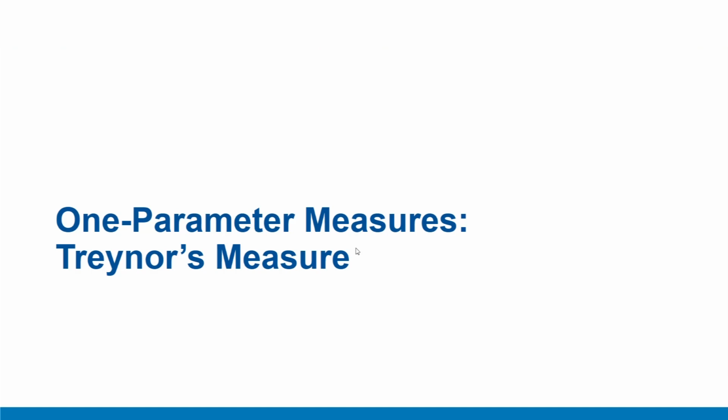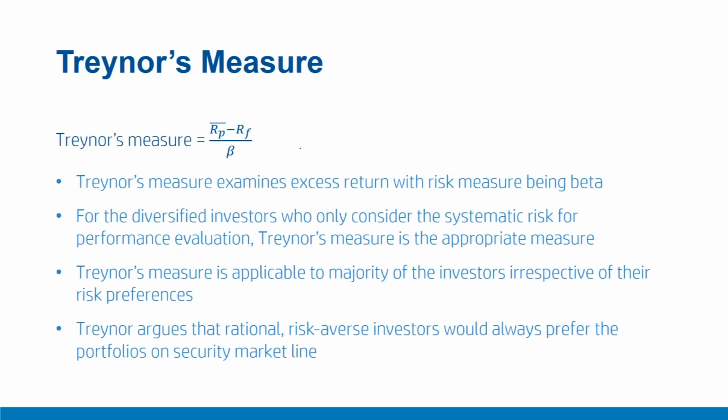In this video, we'll discuss Treynor's measure, which is a very important one parameter measure of portfolio performance. The formula for Treynor's measure is RP bar minus RF upon beta. It is very similar in construction to the Sharpe measure. The only difference here is that we examine the excess returns, that is RP bar minus RF, against the risk measure, which is beta. Beta, which is the sensitivity of any security towards the market, remains here as the appropriate risk